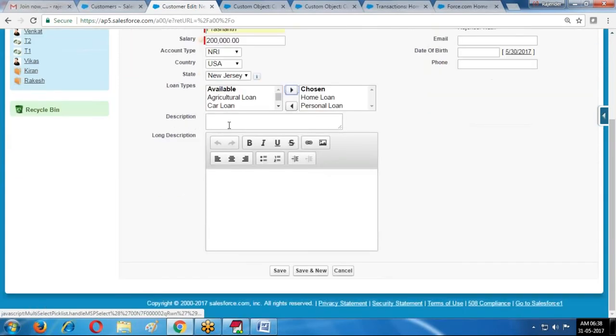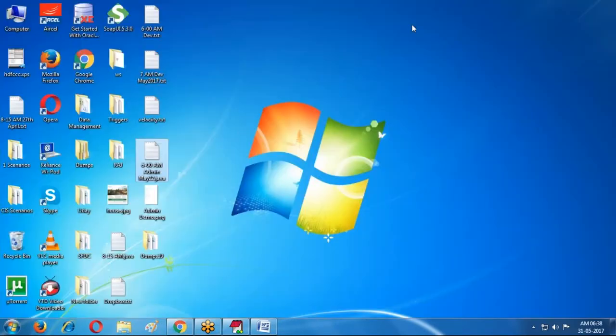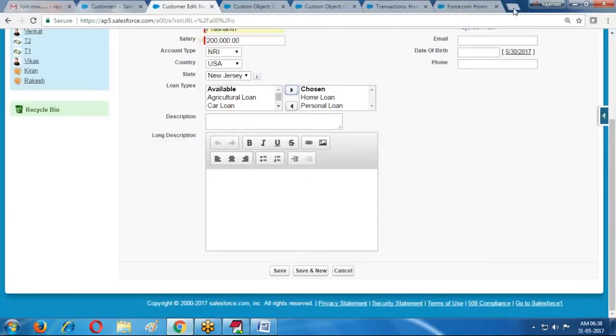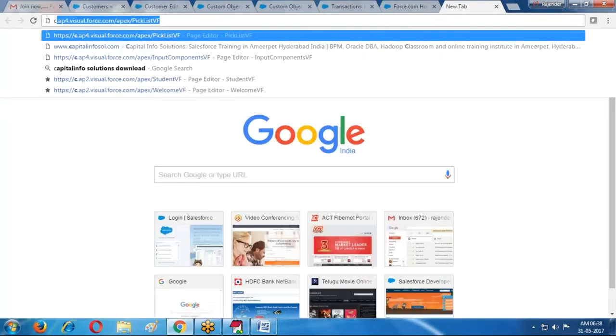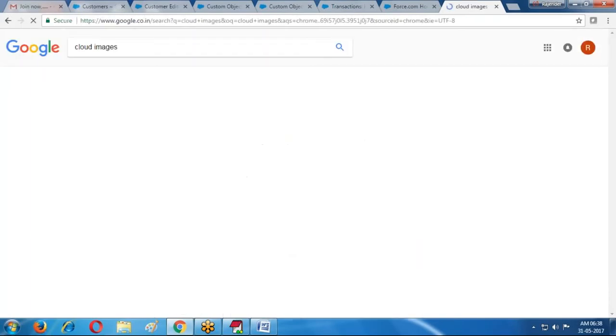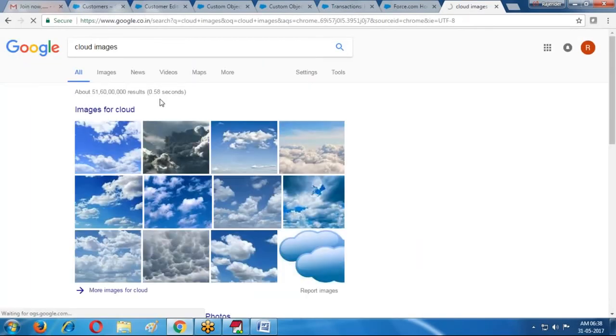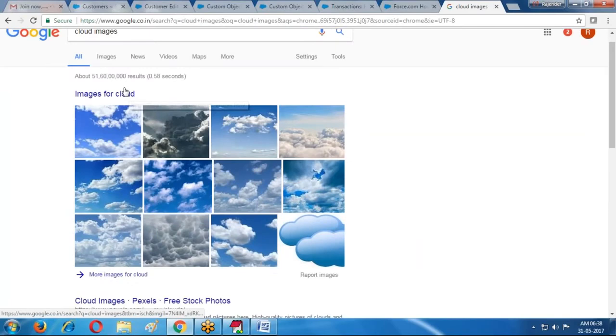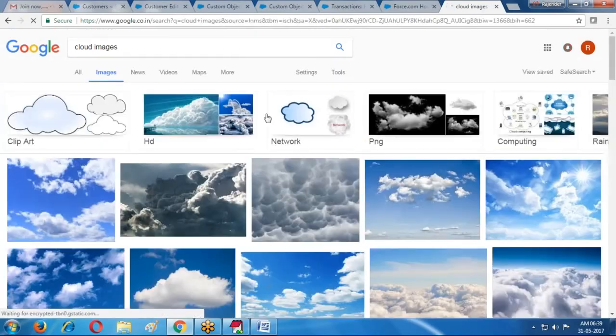Now I am providing some images also. If you have any images, those images are also displayed. Some images.